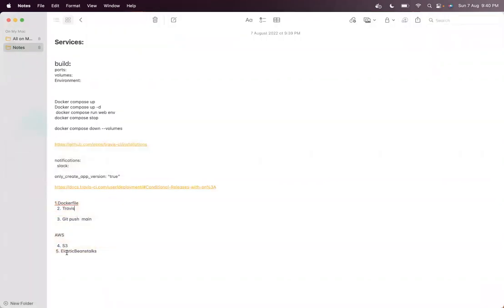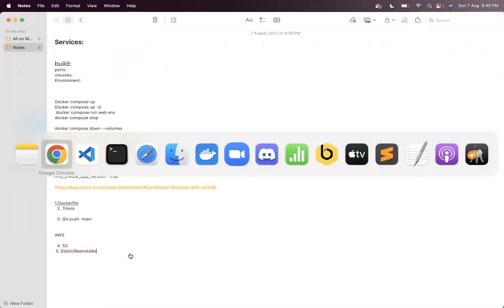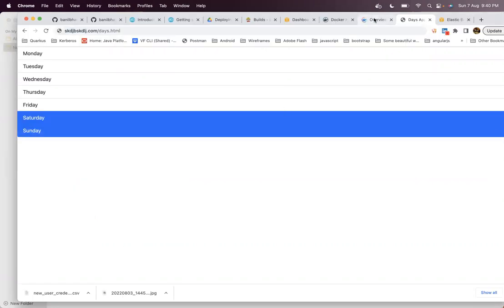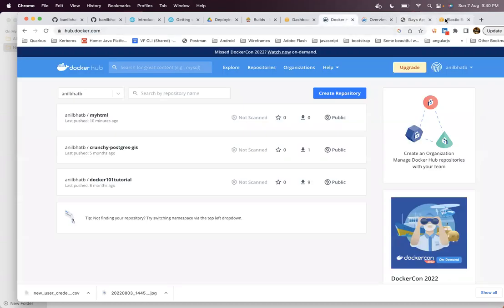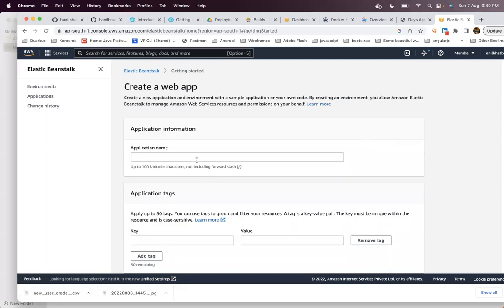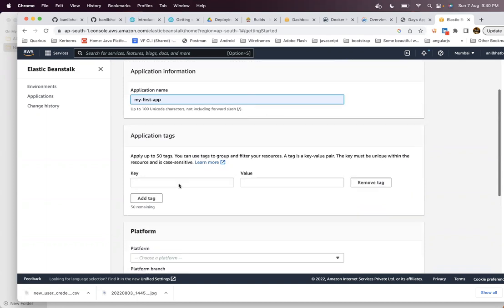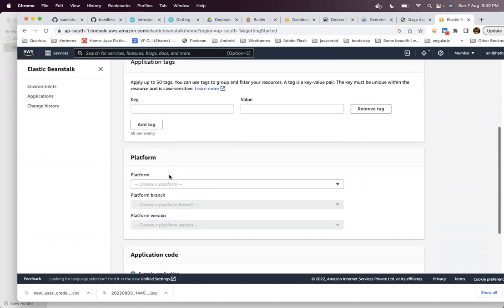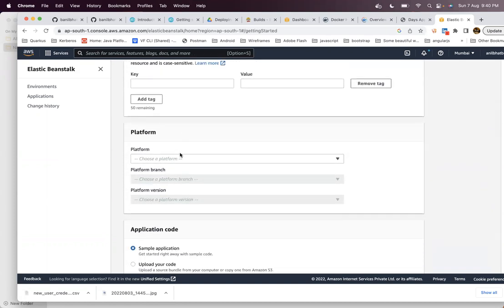Now we want an Elastic Beanstalk to be created, right? We already introduced what Elastic Beanstalk is. We will just go and create an application in the AWS console. Let's say the application name is my first app. And what kind of application are we going to deploy?